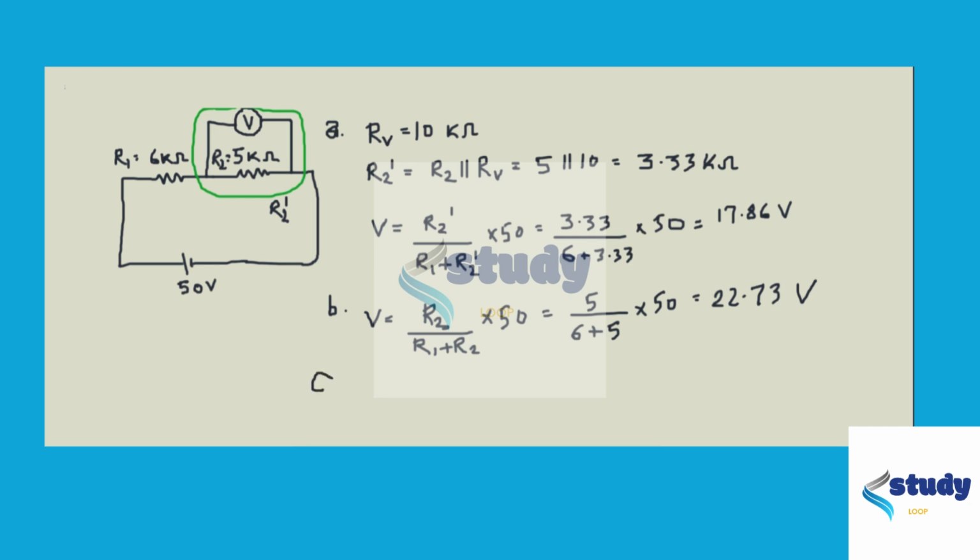Now, by what percentage is this high? So the percentage error equals the true value minus the observed value upon the true value, right? Into 100%. Now if you calculate this, it gives me 21.4 percent. So this is the percentage error, and we are done with the solution of